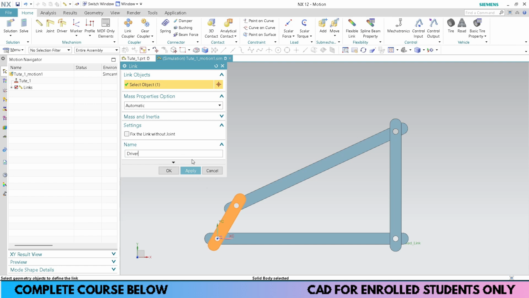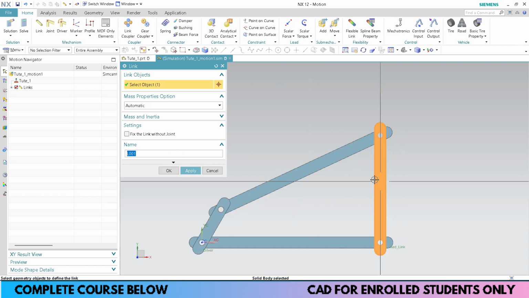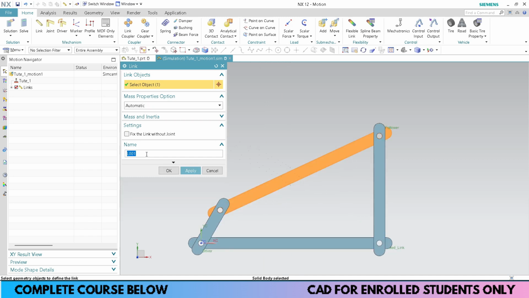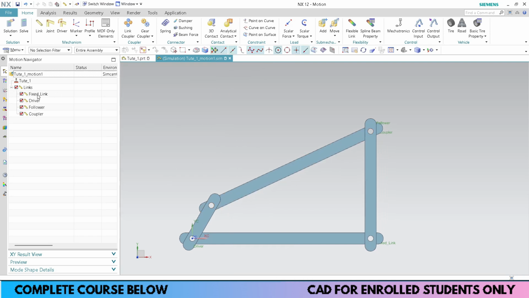I'm naming this as driver. Middle mouse button. This right one is my follower or the output. Middle mouse button. And this is my coupler or connecting link. Okay. So on the left I have four links: fixed link, driver link, follower link, and the coupler.